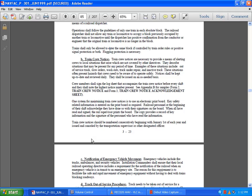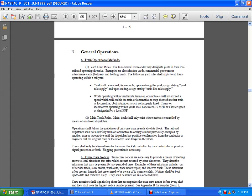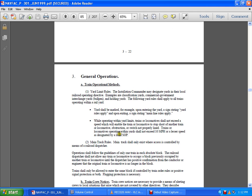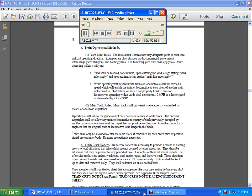Three, general operations, train operation methods, yard limit rules. The installation commander designates yards in the local railroad operating directive. Examples are classification yards, commercial and government interchange yards, bullpens, and holding yards. The following rules shall apply to all trains operating